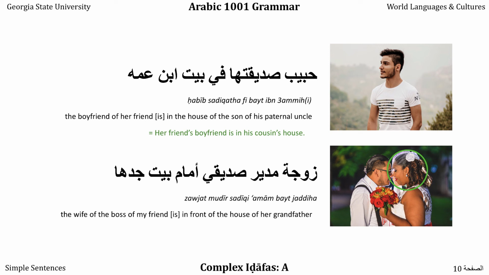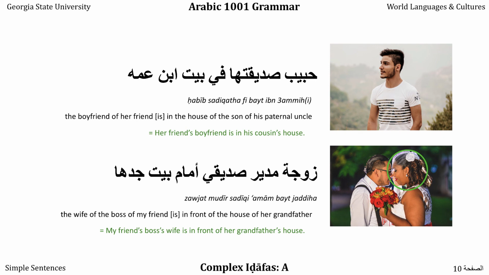Then the preposition amam, in front of, we mean is in front of, and then Beit Jaddiha, the house of her grandfather, or in English, my friend's boss's wife is in front of her grandfather's house. Keep in mind that as a first semester student, no one is going to expect you to come up with things that are this complex, but they're really pretty easy to learn once you get the theory down, so it's worth going into. The wife of the boss of my friend is in front of the house of her